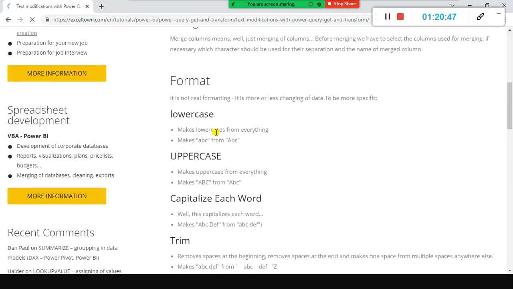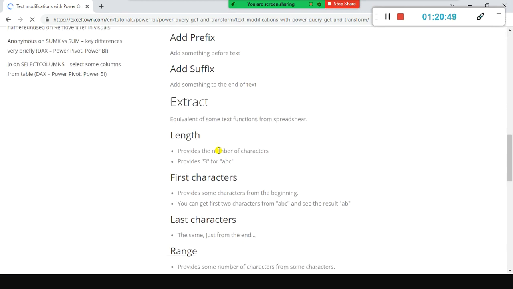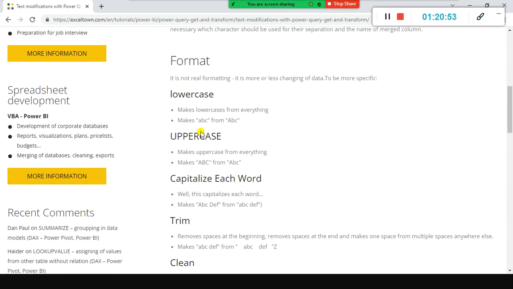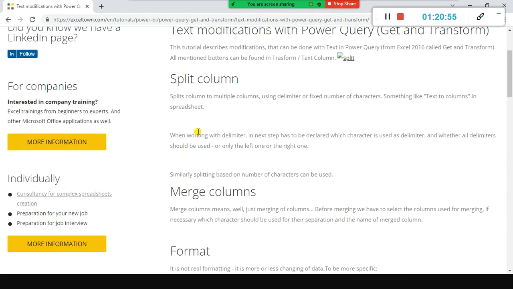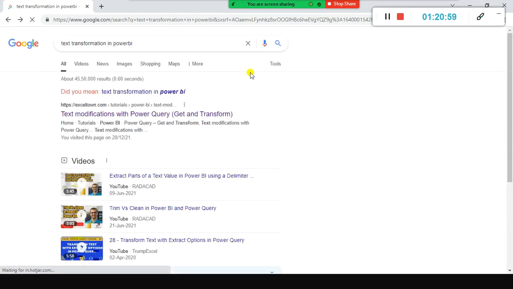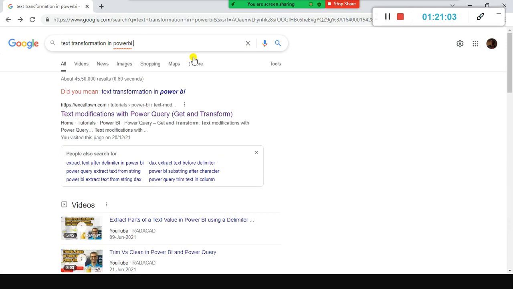Look here at how to convert to lower case, upper case. It's all by clicking the menu, you can do it. But how can we do it programmatically? Here they did not give it. Instead of saying that, search Power Query commands.